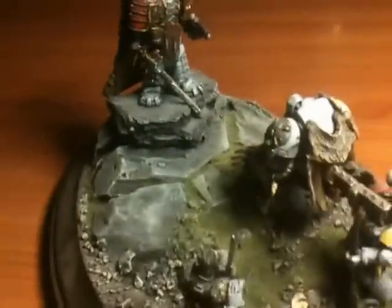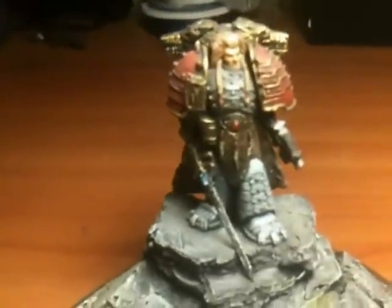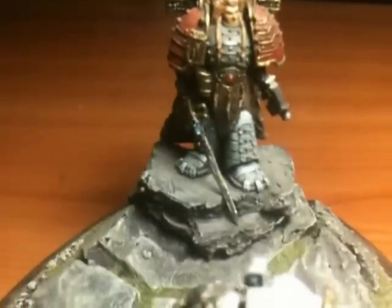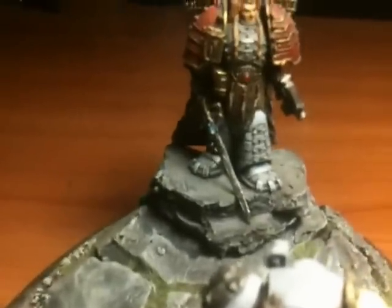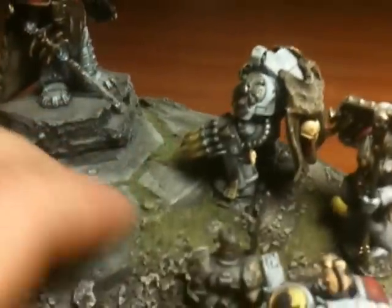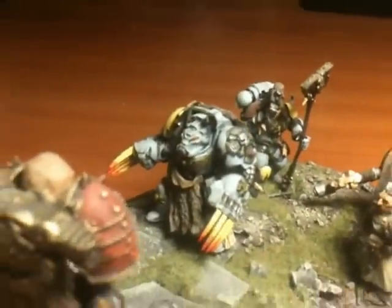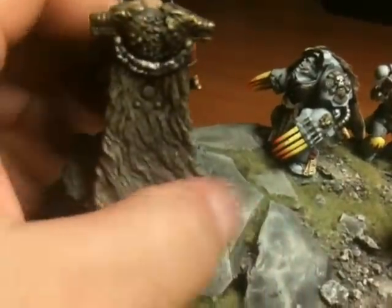So again, this is mainly a plug to Blue Table Painting, and a very big thank you for doing this for me. Sean from Blue Table Painting will probably agree, I was a little bit more than overzealous when I first got these guys and the whole idea behind it. And I like how it turned out. I really did. Nice little display board, or display piece. It brings a whole new meaning to